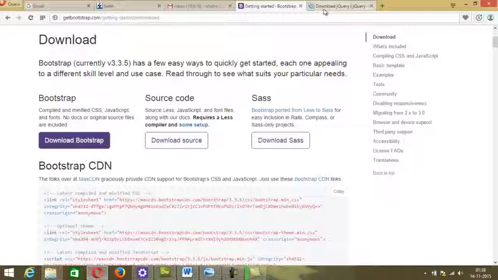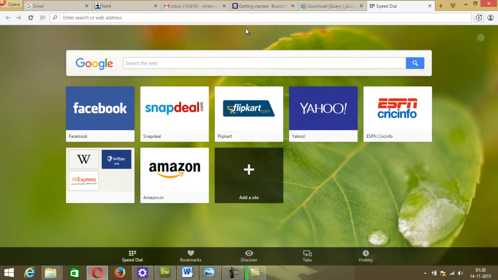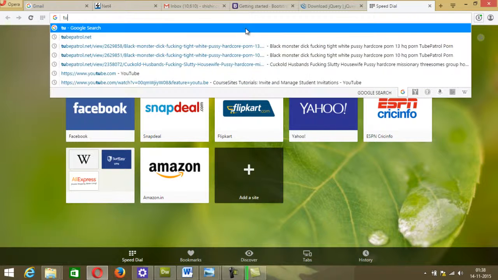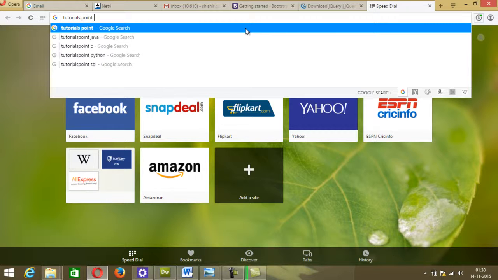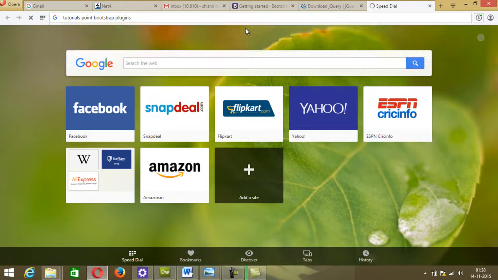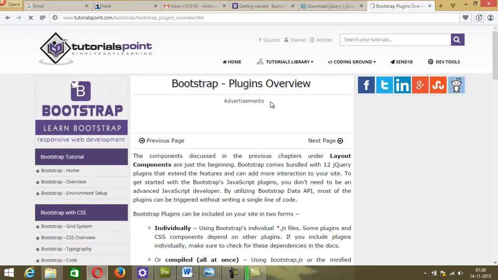For this Bootstrap plugin, there is one more good site, that is tutorials point Bootstrap Plugins. If we go to tutorials point Bootstrap Plugins,